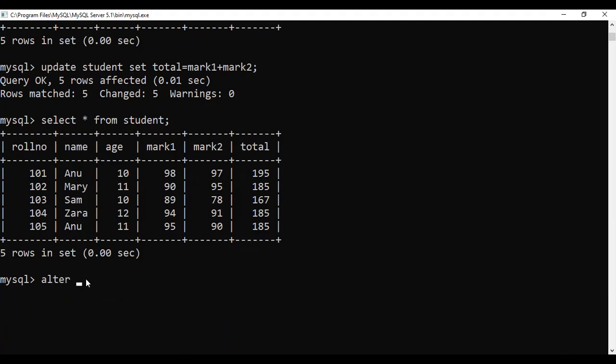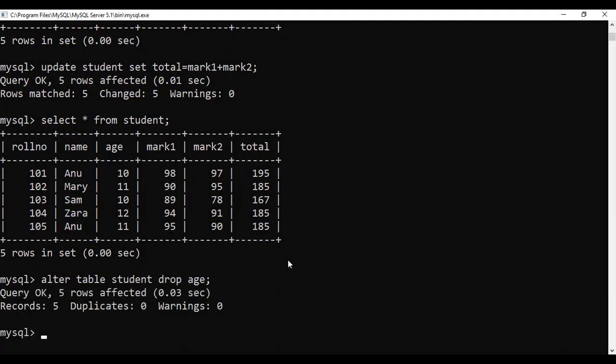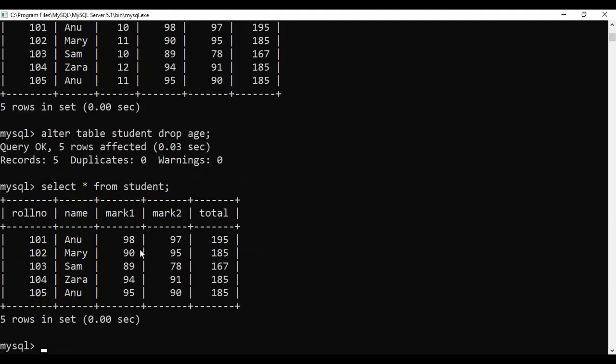Alter table, which is the table to be altered, student. You are going to drop. So drop, what is the column name you are going to delete? Age. You can see affected. You cannot see the change immediately as a table. You have to go to select * and you can see that the column is removed.